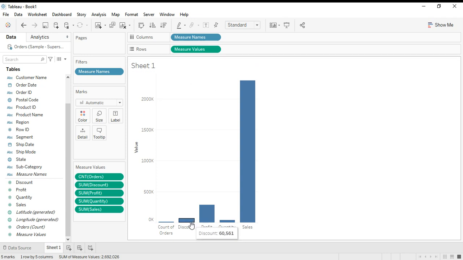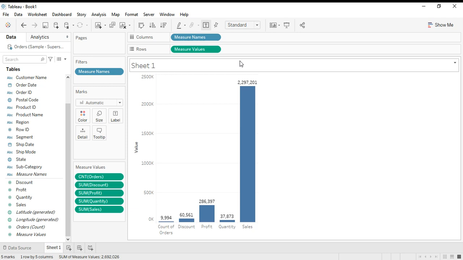Discount is the whole total discount of all the data present. It's not an individual thing, it's the whole sum of all the discount, the whole sum of all profit, the whole sum of quantity. If you label it, you can see the same thing. So these are called Measure Names and Measure Values. The values we get here are called Measure Values. It will take the record number as well: Discount, Profit, Quantity, Sales, and Orders. These are called Measure Names. I'm repeating it once again. I hope you got it.